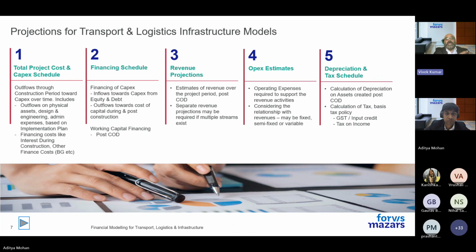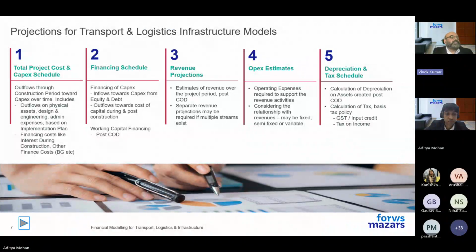This way you have a better control when reviewing the model. Also, you know whether changes have occurred or not occurred. So a modular approach to modeling is an important thing, and the modules typically you will have would be these. So starting with the capex module, because we're talking about infrastructure project, and